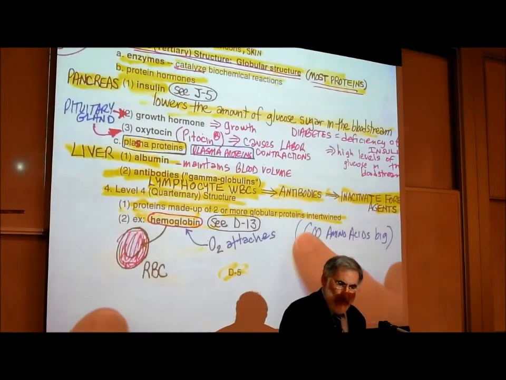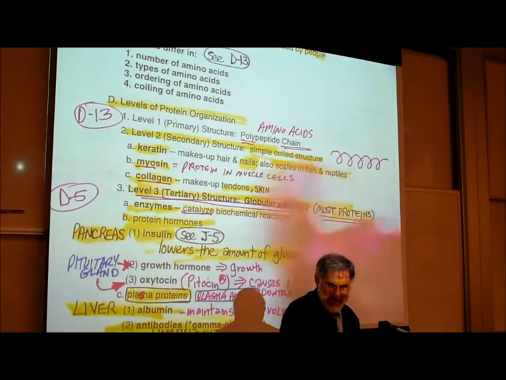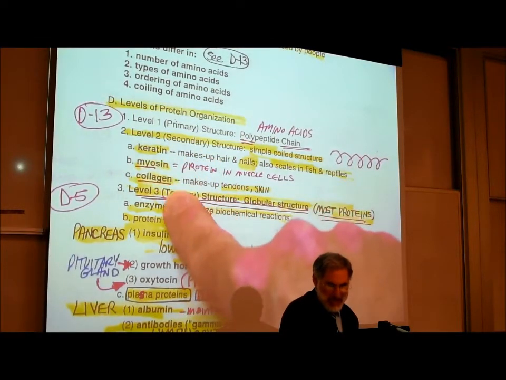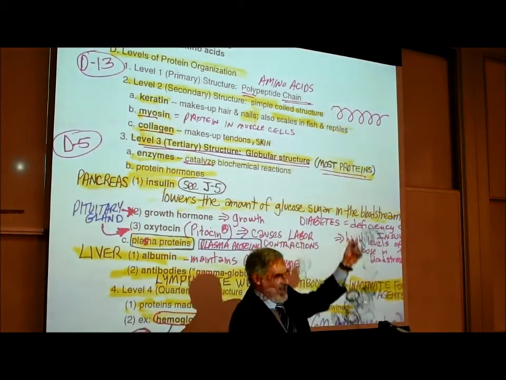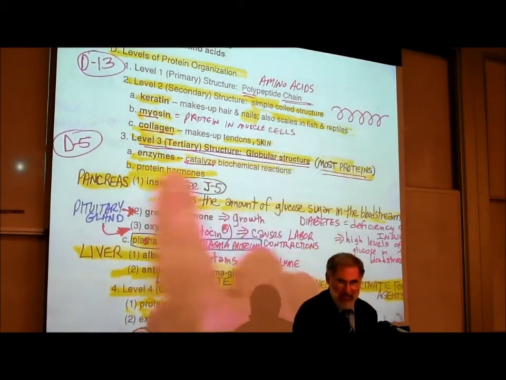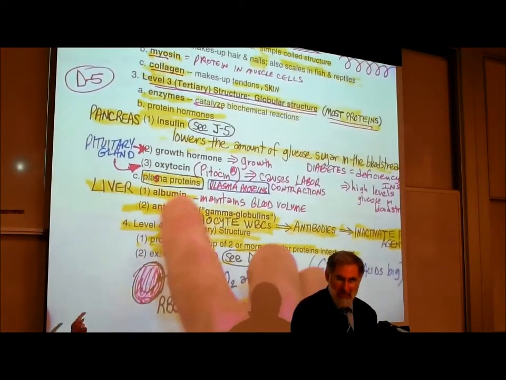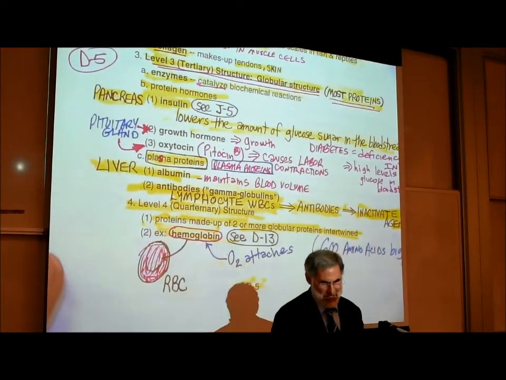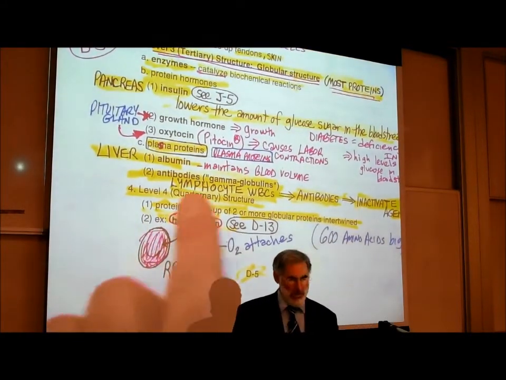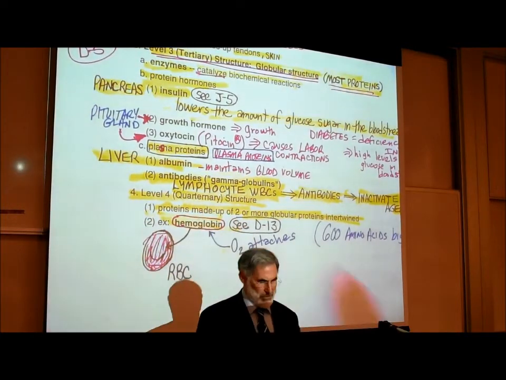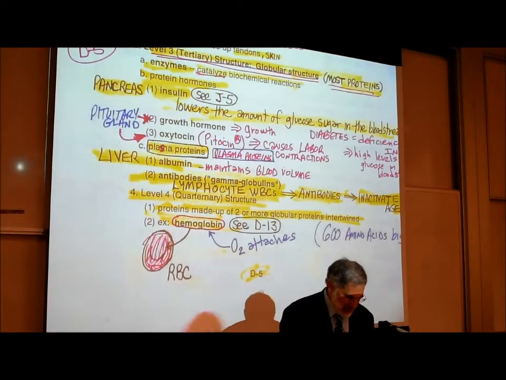All right, well, so far we've been talking about proteins that have a secondary structure. We gave you 3 examples, keratin, myosin, and collagen. We've been talking about proteins that look like a messed up slinky, that are said to have a tertiary or globular structure. That included all these enzymes, protein hormones including insulin, growth hormone, and oxytocin, and plasma proteins including albumin and antibodies. There is one more level of complexity, known as level 4, the Quaternary structure. So what is the 4th level of complexity? To help us visualize this, let's look back on page